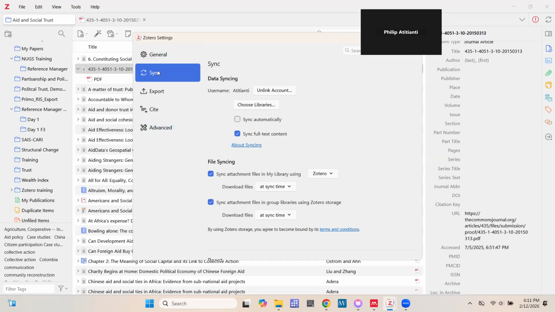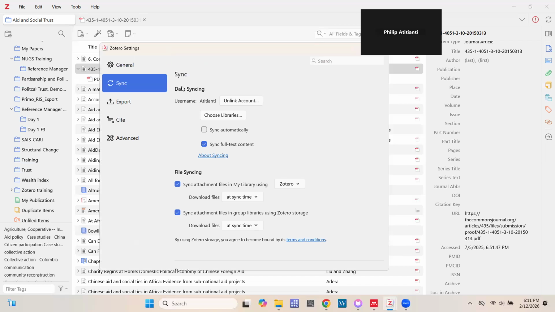If you go to the sync option here, and that's the first time you are using that option, it will give you the opportunity to create an account and log in. You realize that it's saying data syncing, and it shows the username, because I have already created an account.